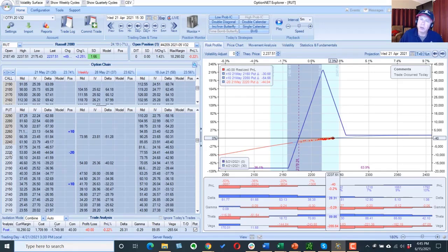We're selling the 2220s because, according to the rules of the strategy, we are going 17 to 27 points under the market for our short strikes, and the market price right now, or the Russell price, is 22.37. That puts us at 22.20. So we're going to sell 20 of the 2220s, and then what we're going to do is